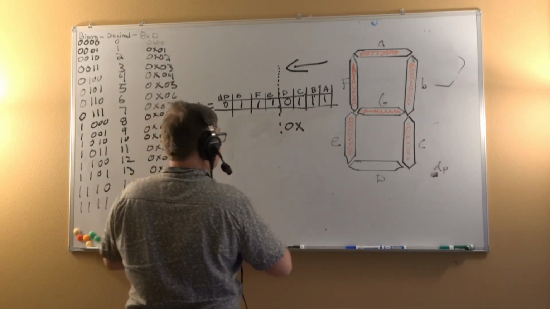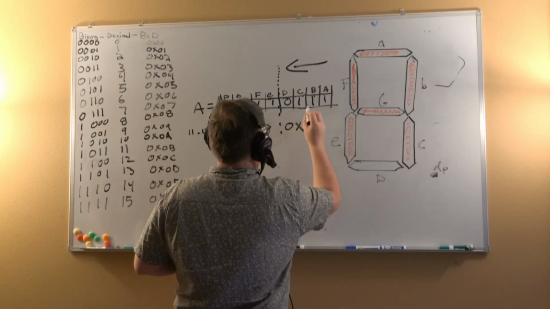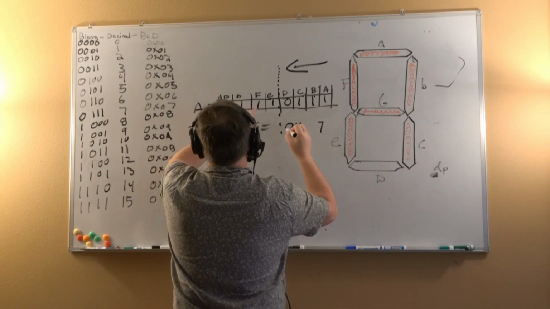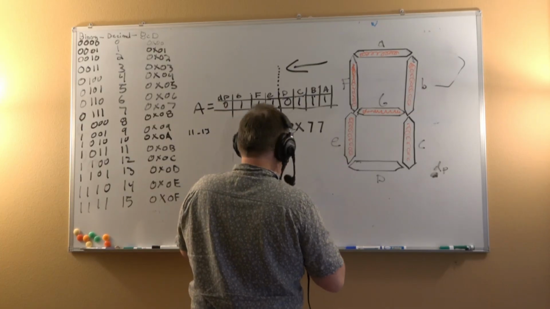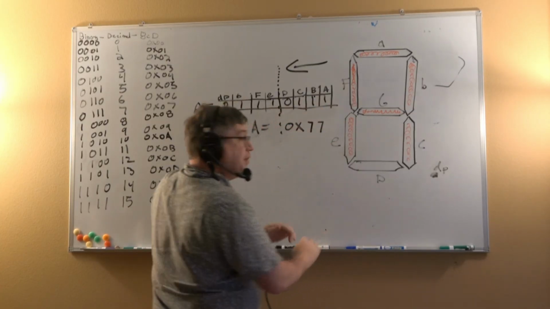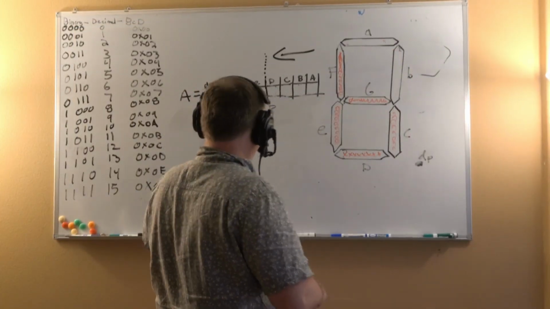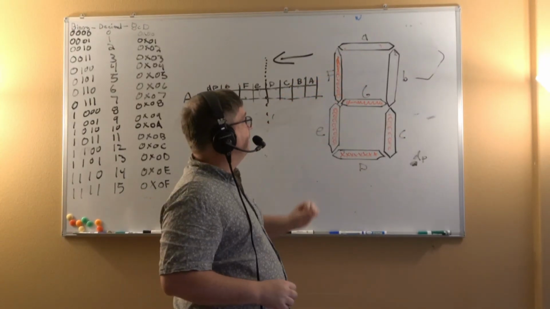So A equals 0x, and okay, there's a 7. That's it. That's A. That's going to make that shape. Okay. So now we're going to do B, and this is once again, where it's blank, it gets a